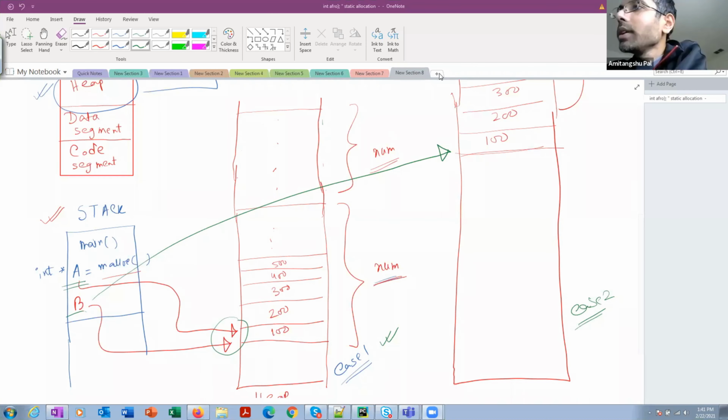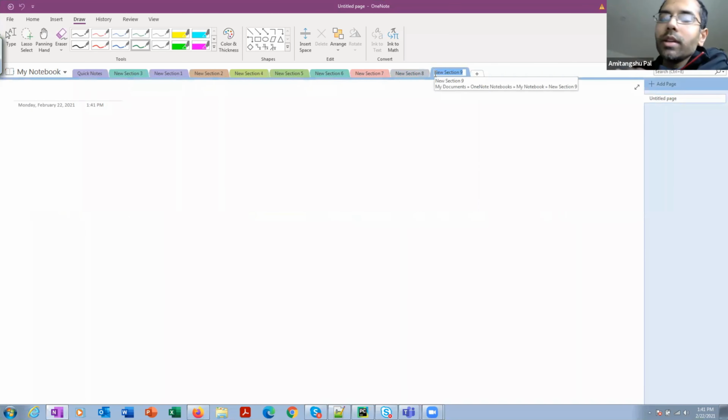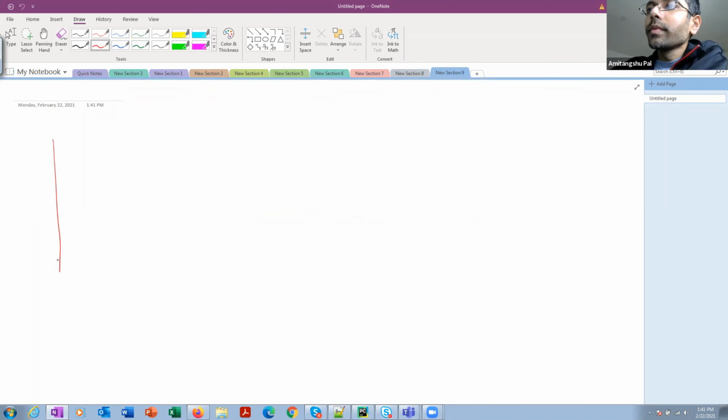Okay, let's open a new page. Inside the stack, whenever you are calling the main function, it generates a stack frame corresponding to main, and there you are allocating an array.